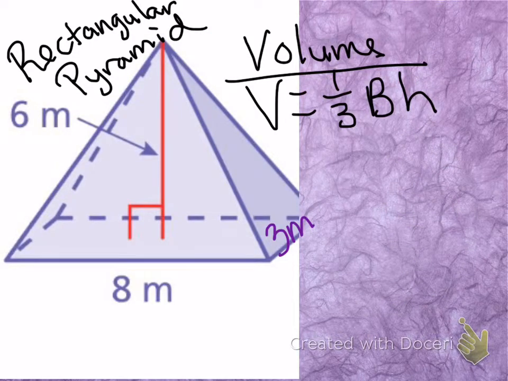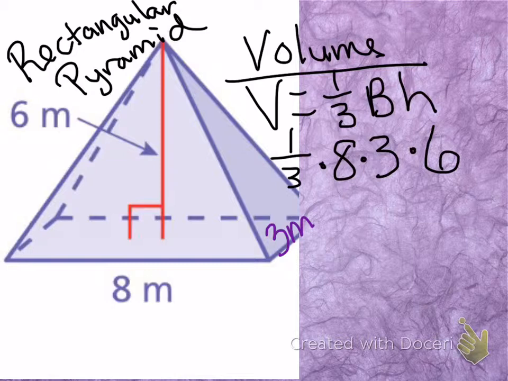The last example, we have a rectangular pyramid, and we want to find the volume. A pyramid is a third, so volume equals 1/3 big B times H. The big B in this example is a rectangle. So we're going to have 1/3 times 8 times 3 times the height, which is 6. So that will be 48